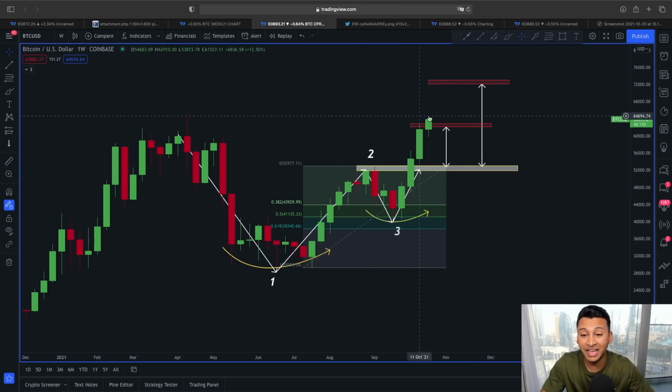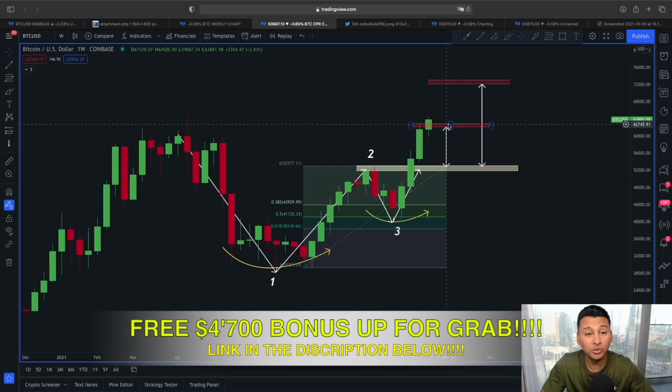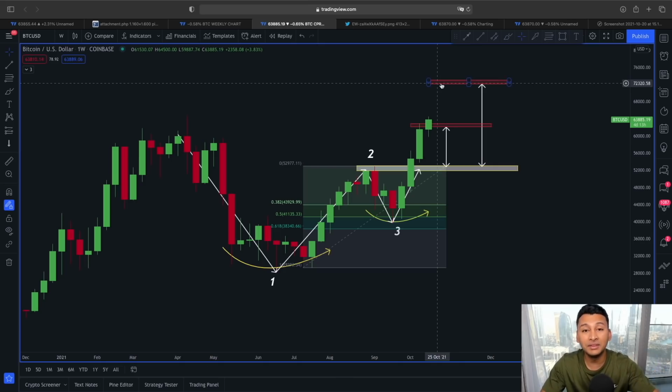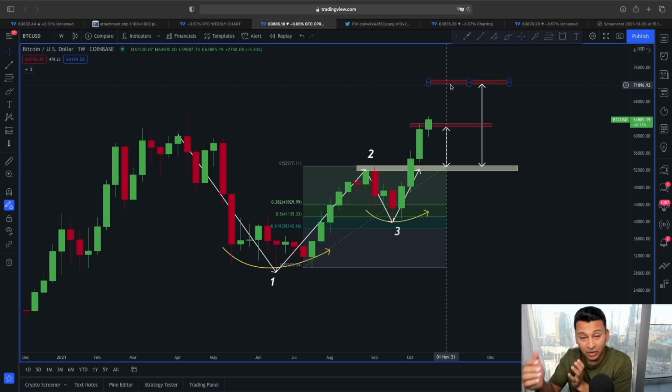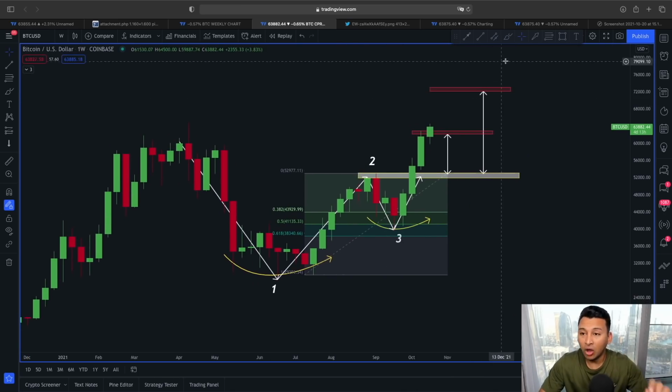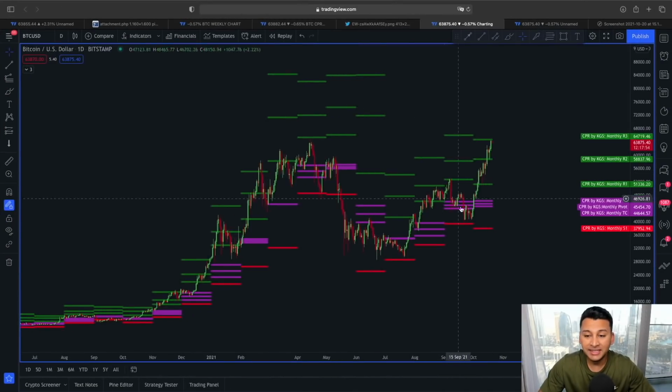So that's why, guys, the first target according to this 1, 2, 3 has already been reached, which was around 62 to 63,000, but the second price target is still open, that is around the 72,000 range. So now you know the 68 to 70 and also the 72,000 in the immediate short term makes a lot of sense. And now let's also look at this price action of Bitcoin in a daily time frame along with